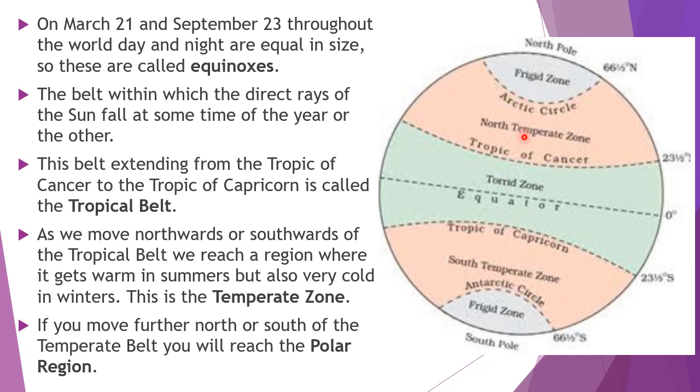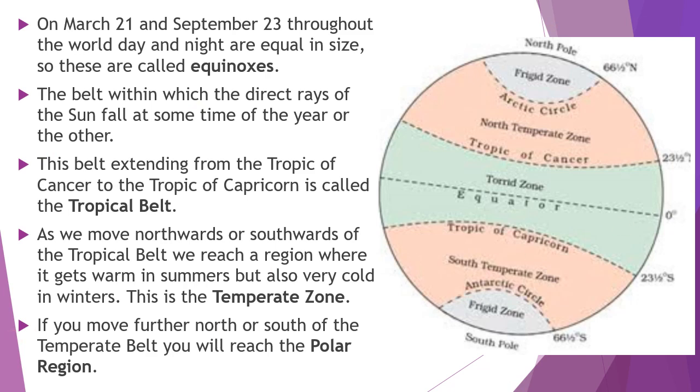And if further we move Arctic Circle to North Pole and the Arctic Circle to South Pole, it is called the frigid zone or polar region. So like that, on the earth we have three climatic belts or three types of belts we can find. That is tropical belt, temperate belt and polar belt. As if you can say torrid zone, temperate zone, frigid zone, even polar region, whatever it is, that we can utilize. Different names are there, okay.